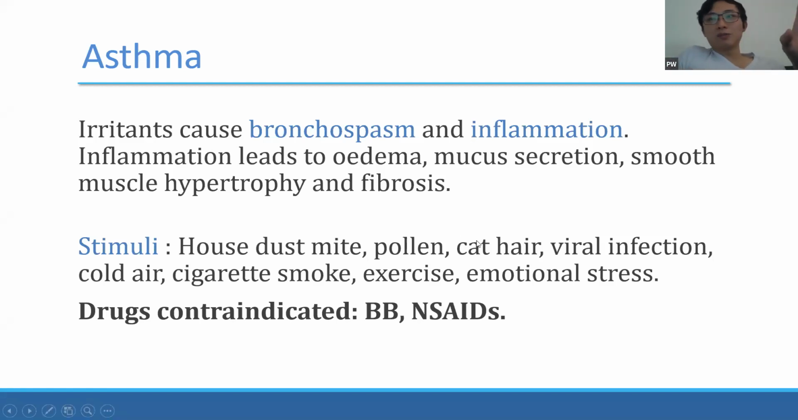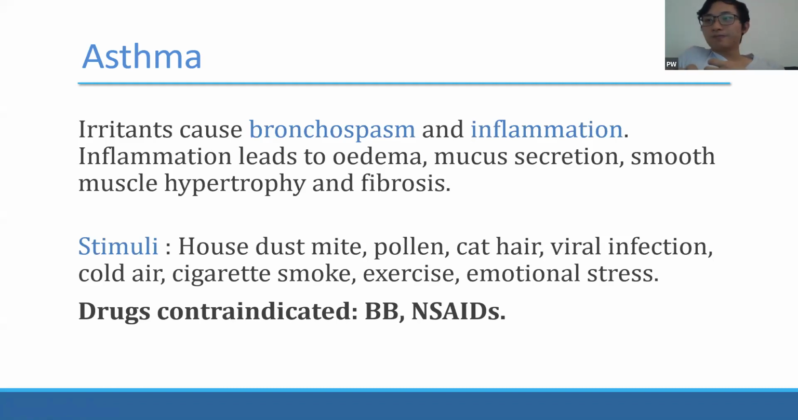So in terms of various stimuli, common things are house dust mites, pollen in the air, cat hairs, viral infections, cold air, cigarette smoke, any sort of exercise, any sort of emotional stress, which can cause this. And certain drugs are particularly contraindicated. So beta blockers, NSAIDs, they can cause some vasoconstriction themselves, and NSAIDs can impair the COX pathway, which can mediate some